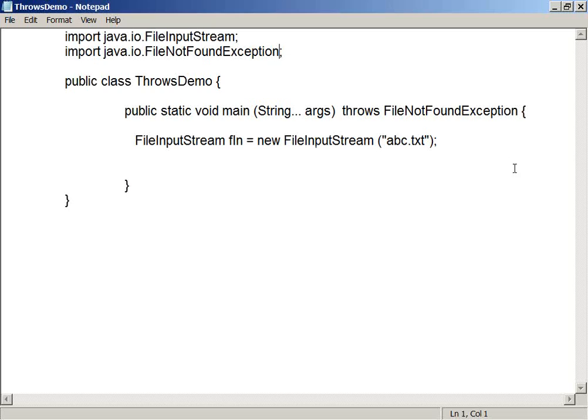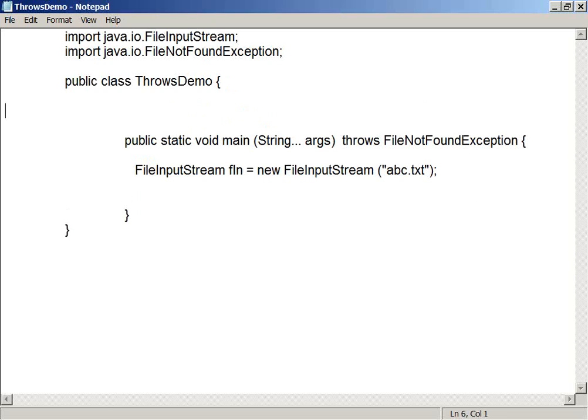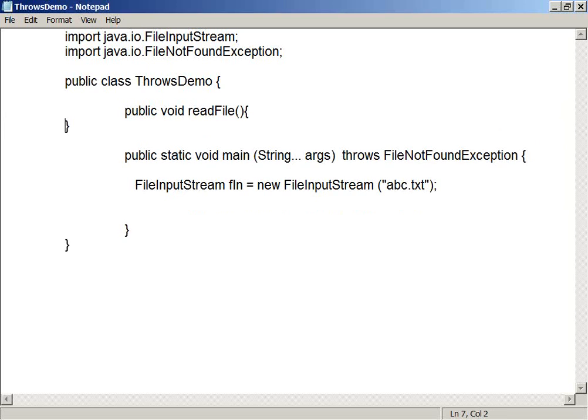I will explain this now. Right? Now I am going to add one method to my program. See this. Now with this method, just try to understand this. Public void. I am writing my own method. What is the method name? Don't get confused here with the method names. Let's suppose I am writing a method.